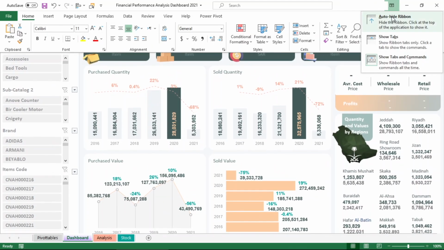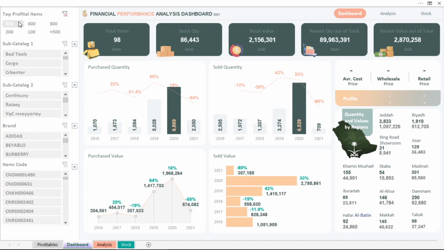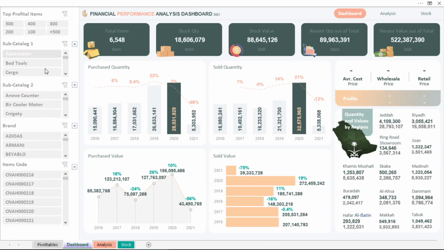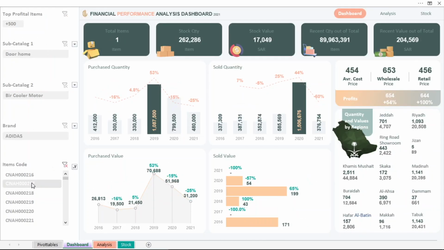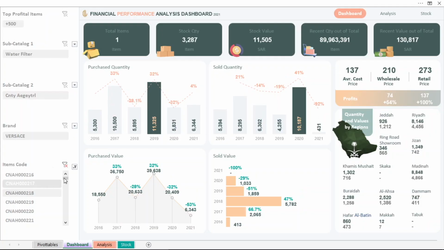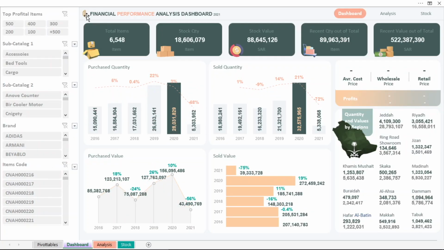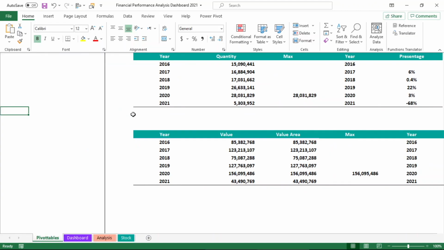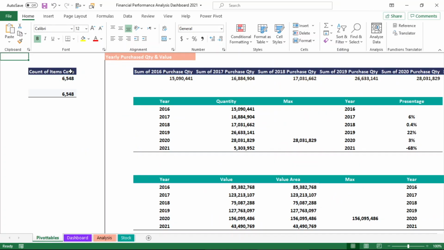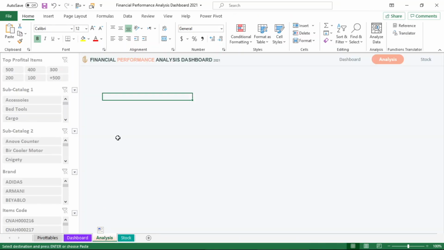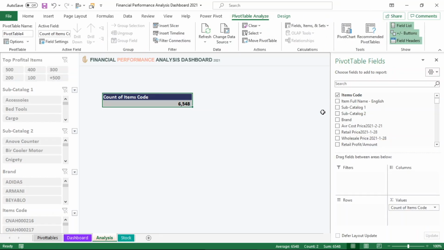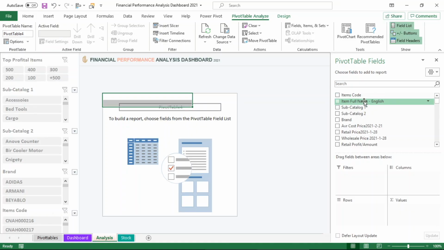We have completed the implementation of the main dashboard as you can see, and it is working dynamically. Now we will start implementing the second dashboard, which shows specific values for each product and will arrange the products list according to its retail price from highest to lowest. The idea is to insert a pivot table that contains a list of the full names of the products, showing the retail price, the percentage, and the quantity of the currently available product.